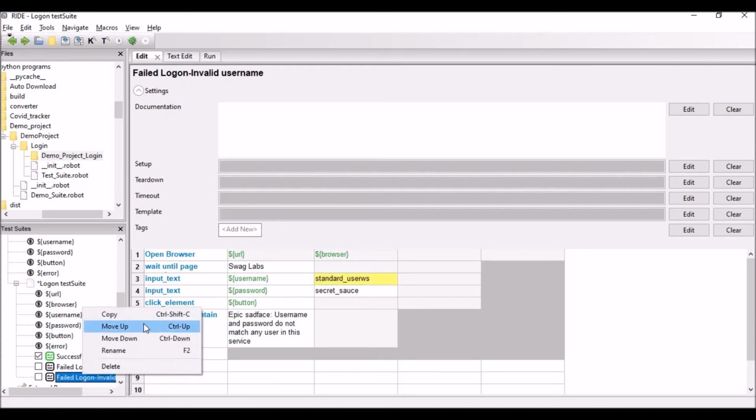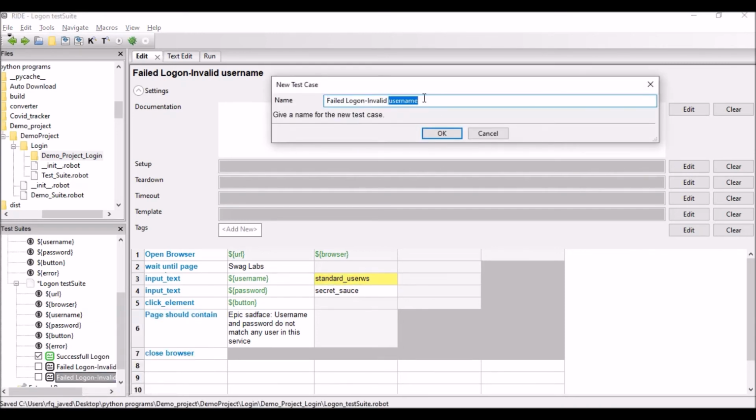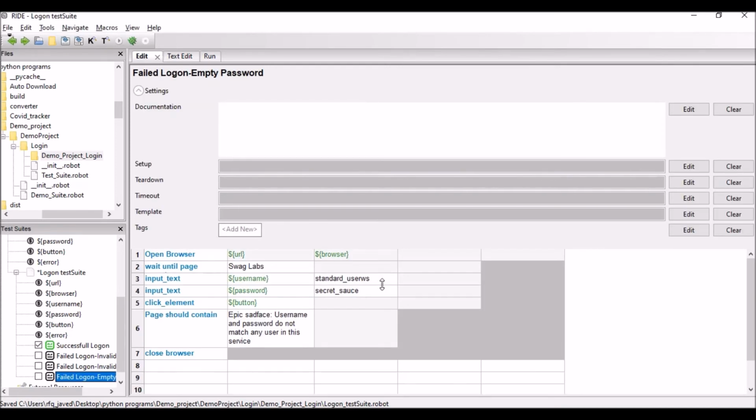Let me have another test case for empty password. I'm taking random test cases, but in a real scenario you need to add as many scenarios as you are having. Empty password. So empty password means I will be removing this password field,